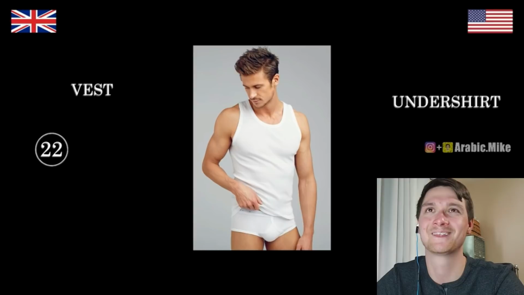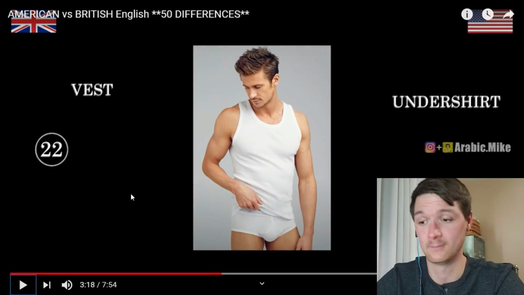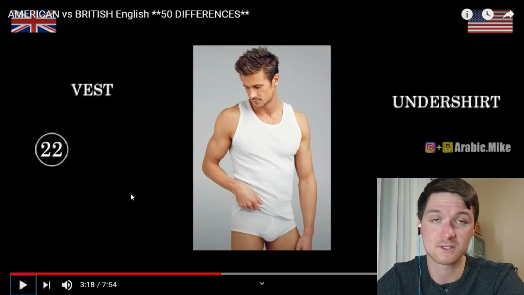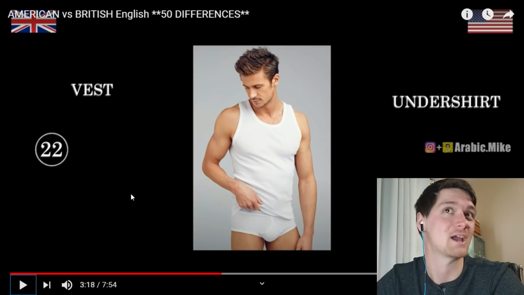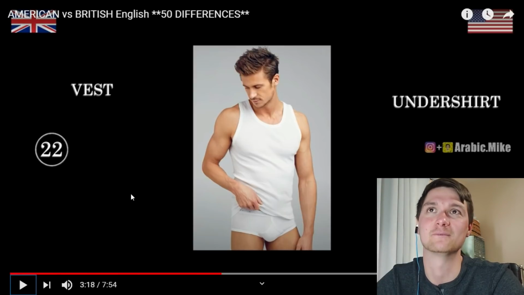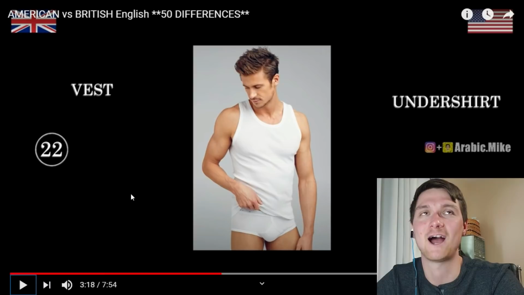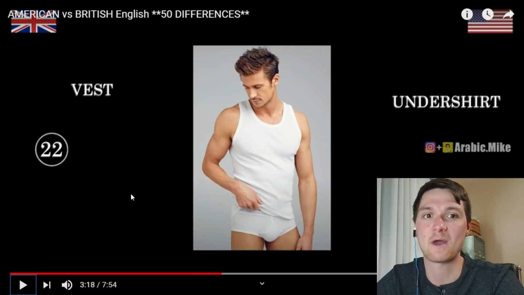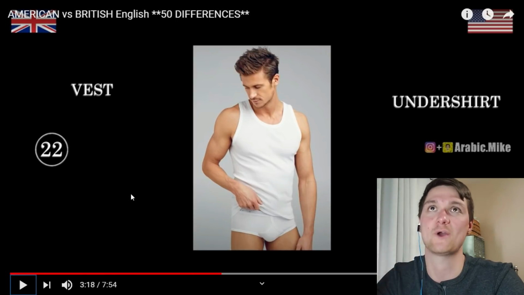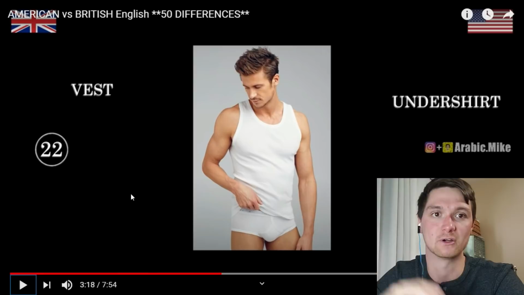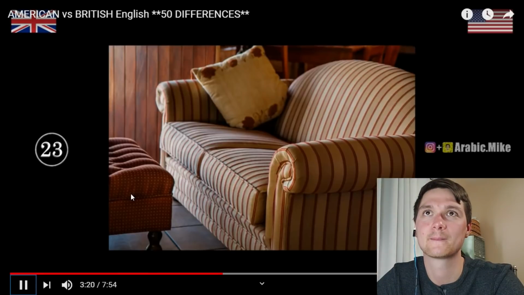An undershirt. Well, where I come from, they're called wife beaters, because back in the day, there was a certain stereotype with them. But I understand undershirt. In America, I feel like it's probably about half. A lot of people, if you ask what this is, will say, oh, it's a wife beater. An undershirt. Okay.